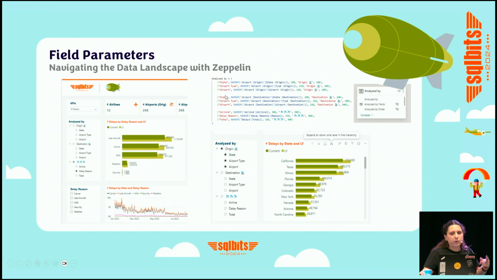But when you see the analysis by field parameter, you see that you have a group, right, and a certain order for that group. So what we did, we edited this table that was built by default and added here some other columns that help us to have this structure. You can see as well a trick that we use many times: instead of having this incremental order by default in the field parameter, we have here